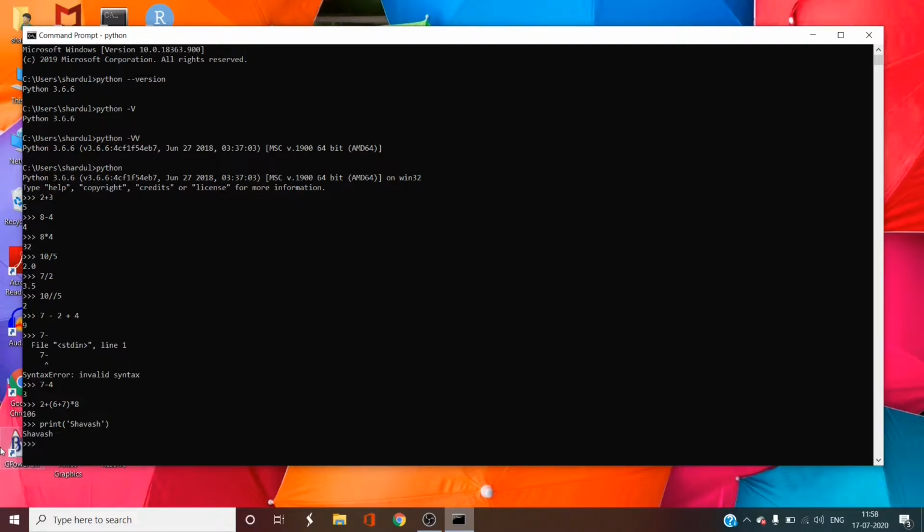Now it has printed a word, but what if we want to print a complete sentence? Well, we can do that with the same syntax.